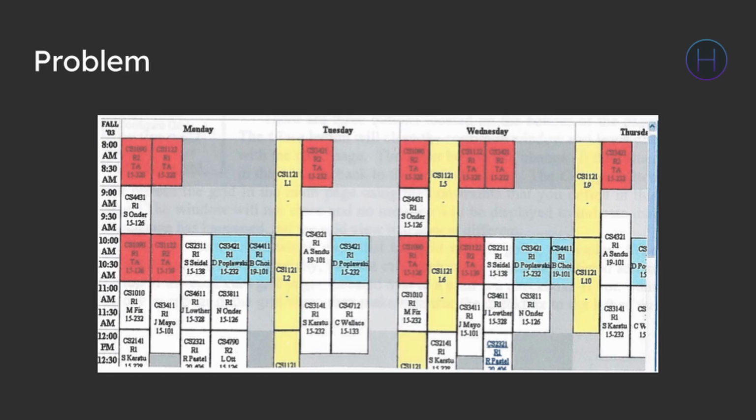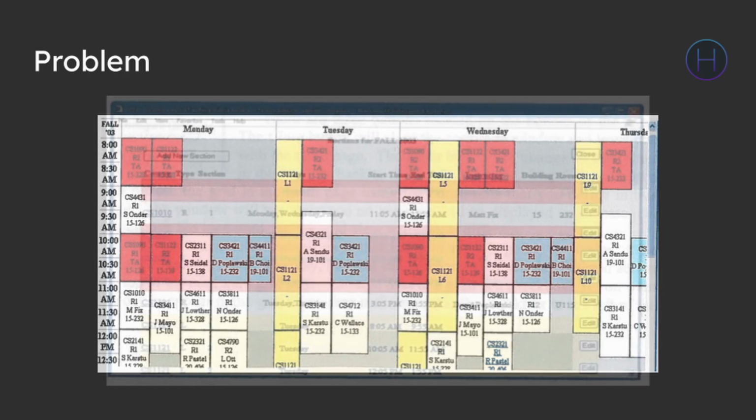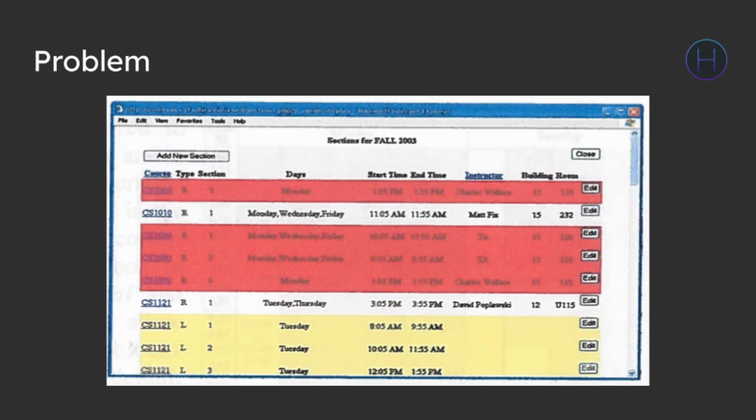This is one of the examples from that application, which shows courses, what days they're happening, what times they're happening, along with any errors that go along with that. This is another example from that old application. It's a list view. This view shows all of the courses and the course information along with the errors that